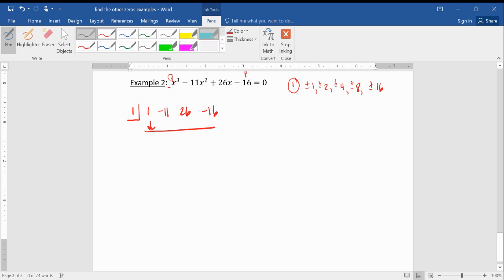Let's see if this is going to work. I don't think it does. Whoop. Actually, it will because I can't multiply. All right, so we got a remainder of 0. So what does that mean? This is a factor. Excuse me, that is a 0. All right, so now what we can do is use what we got left over here to